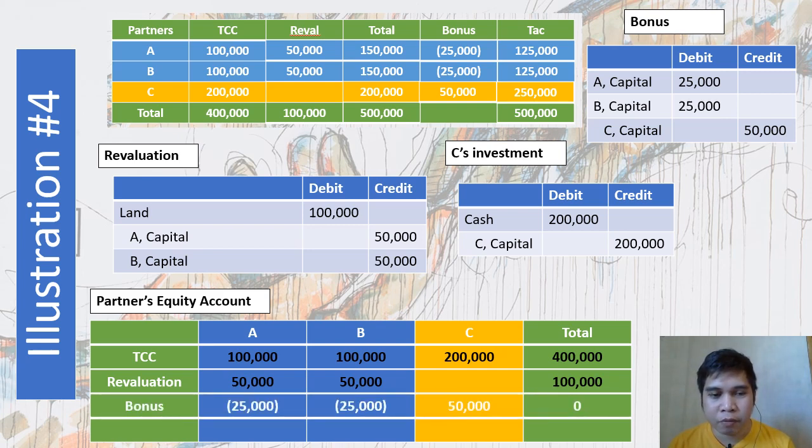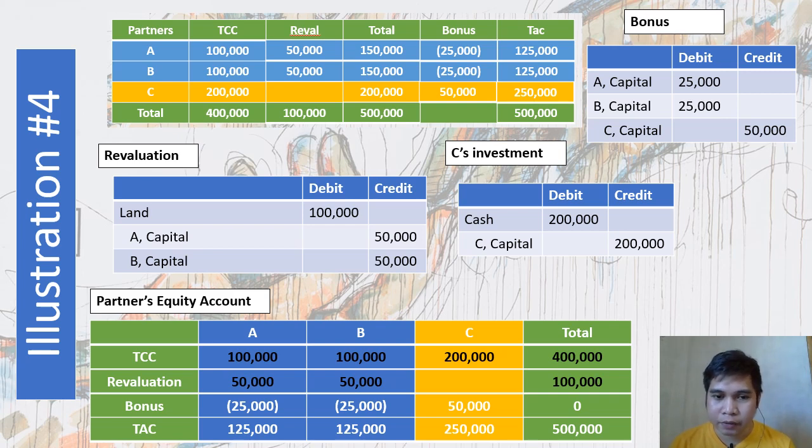So, next adjustment, we have the bonus. Kay bonus, mababawasan ng 25,000 si A. Kay B din, mababawasan ng 25,000 which will be given to C as a bonus. Then, yung total effect niyan sa ating total agreed capital ay wala kasi nga, nagpasahan lang naman ng capital si A and B to C. So, yung total agreed capital or the capital credit after the revaluation and bonuses or after the partnership dissolution as a whole, ang magiging balance ni A is 125,000, kay B 125,000, kay C